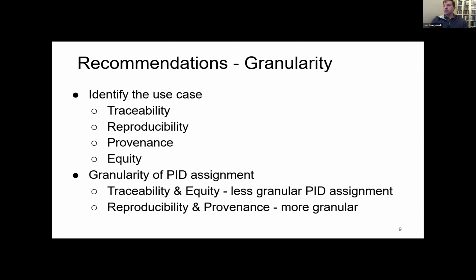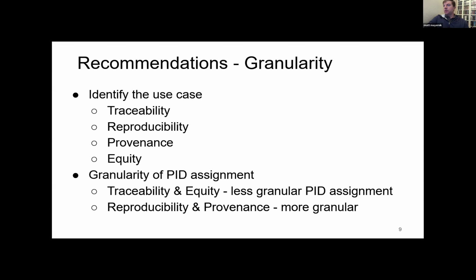Provenance is more similar to reproducibility, but is subtly different, in that you may not care about actually redoing a project or an experiment, but you want to understand how it happened. You want provenance information about where things came from, how they connect, how data sets connect to instruments and that kind of thing. And then equity, which is a use case more around discoverability of a facility or an instrument, making it known, sort of advertising. This was kind of the campus map example. So making something more visible, using identifiers to uniquely identify something so that people can understand that it exists, that they might use it themselves.